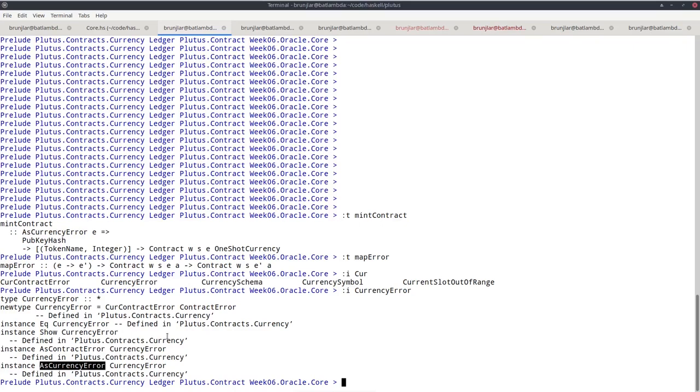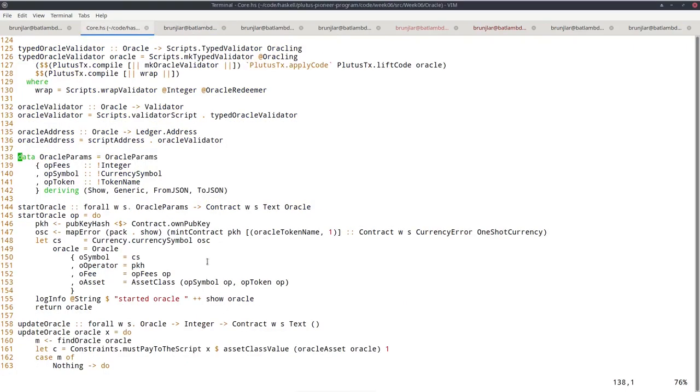So by first using show to turn a currency error into a string, and then using pack from Data.Text, which turns a string into a text, we can turn a currency error into a text. And then using map error with this combination of pack and show, we can turn a contract that has currency error messages into a contract that has text error messages, which is what we need. So that's what I'm doing here.